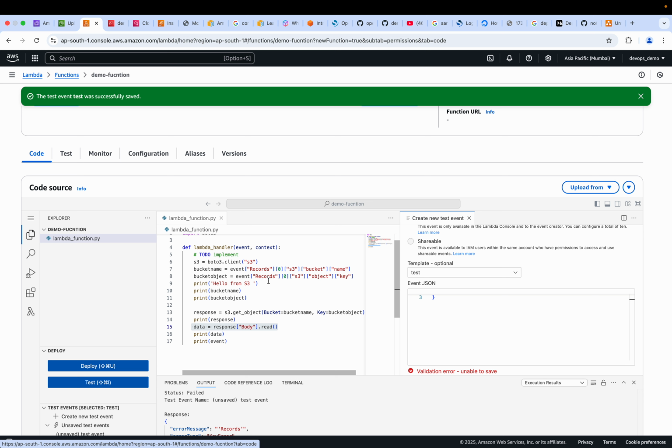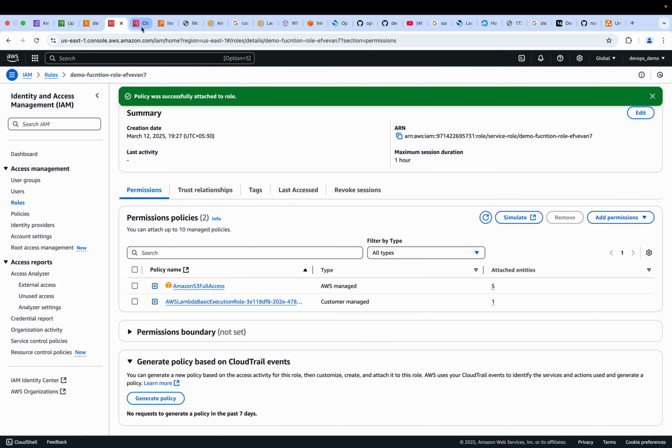What has happened over here: it has gone for the records, went into the S3 service, fetched the bucket name, fetched the object name, then it had to parse the content and reflect all those things. So what happened over here,